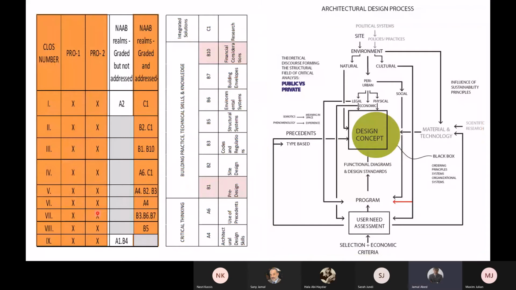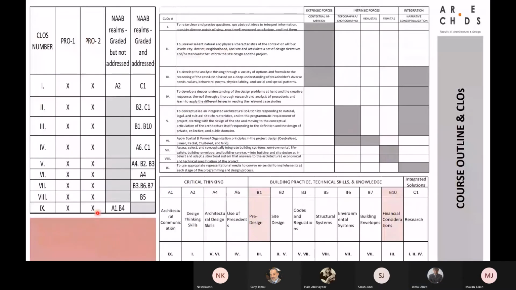Having said that, you could see now how our CLOs were expected to correlate to projects 1 and 2, with respect to the co-op housing and with respect to the public building, and the relationship between them as well as to the NAB. These are the different correlations. So we were hitting more than one CLO per SPC. And we subdivided them into a number of CL. We have 9.